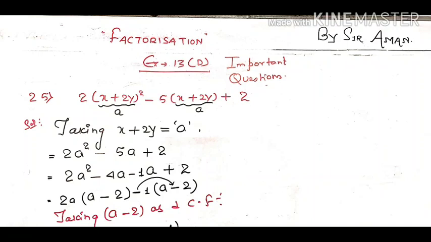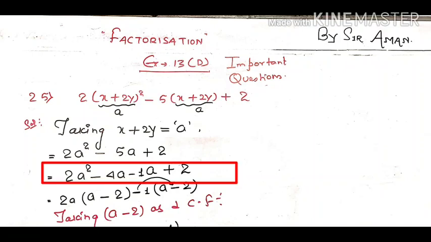Okay, now how will we solve after this? Same process we will do. Product of first term and last term, and in the middle term minus 5a. How will we break minus 5a? Directly we can write minus 4a minus 1a, minus plus, but the sign will remain minus. 4a into 1a, 4a square. Condition is satisfied. So we will break minus 5a into minus 4a minus 1a. Like this, what will happen? 2a is common, a minus 2 is left. In the last two terms nothing is common, so 1 is common, bracket a minus 2.